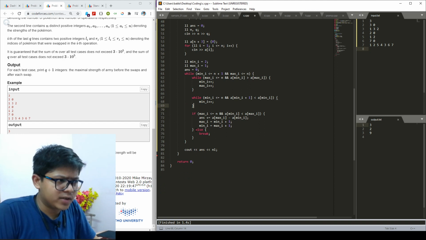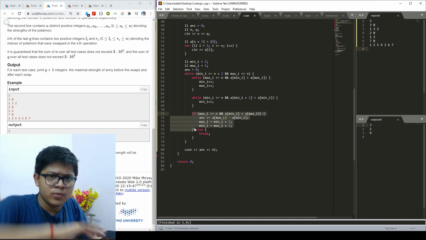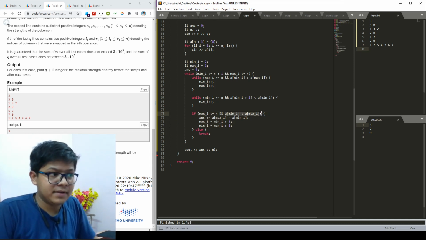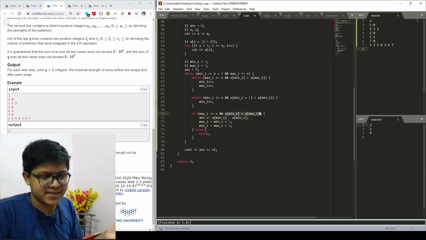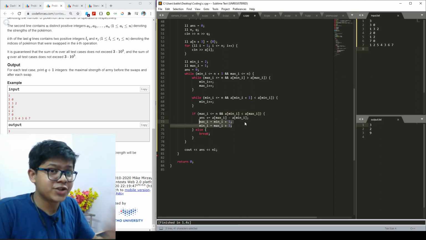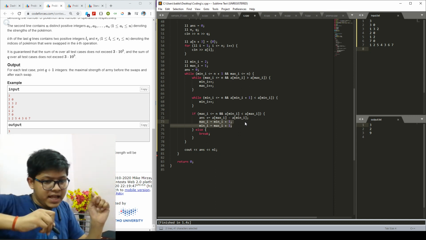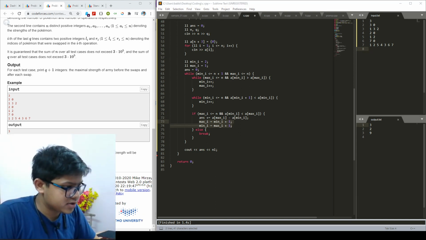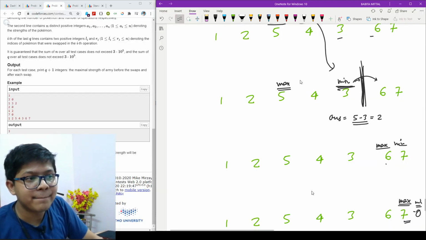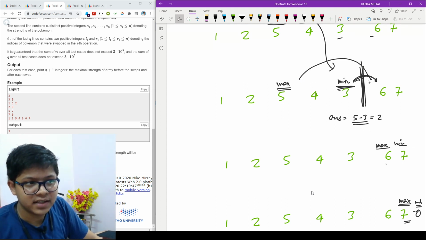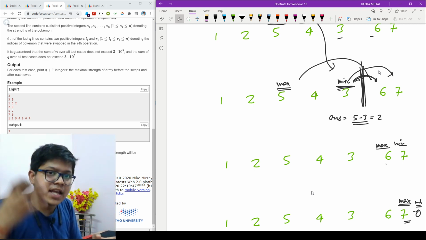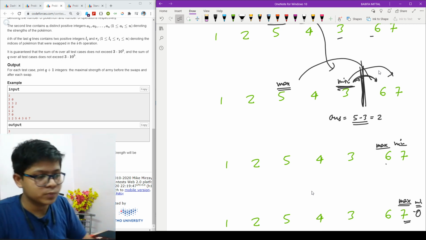Now I check that my max I should not move out of my array, and my condition also follows that my A of min I should be less than my A of max I, so I will add it. If it is not, then I will break out of my loop. And when I add it, I move my max and min: my max right here and my min right here, which means my max is min plus 1 and my min is min plus 2.